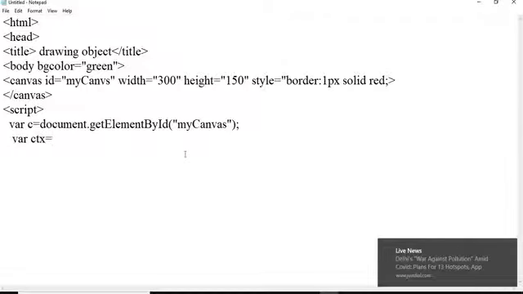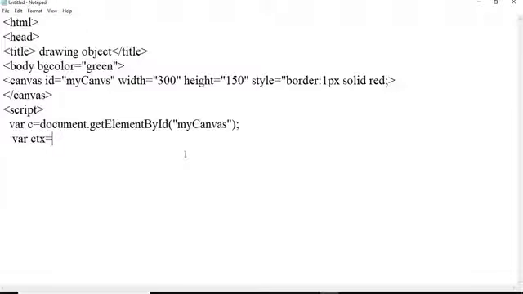So this is how we can add the IDs whatever we have defined in the beginning of the program. This is a variable. Again this is a ctx. This is used for the second method. We can draw the object by canvas whenever we are defining the ID. So for this we are using a built-in HTML object with the properties and methods for drawing. Means we are adding some objects in a program.